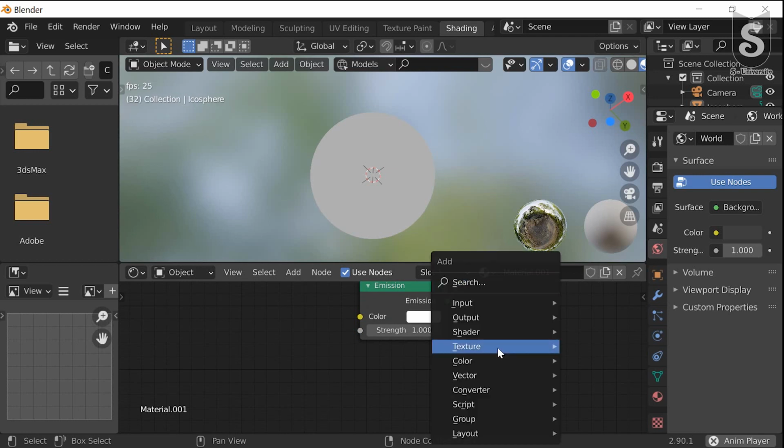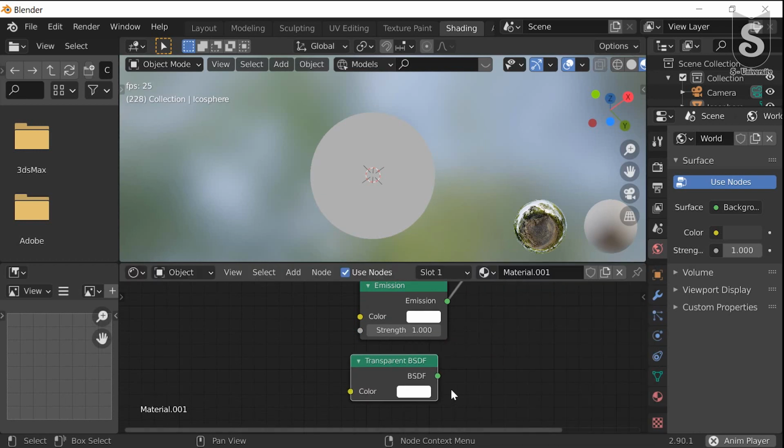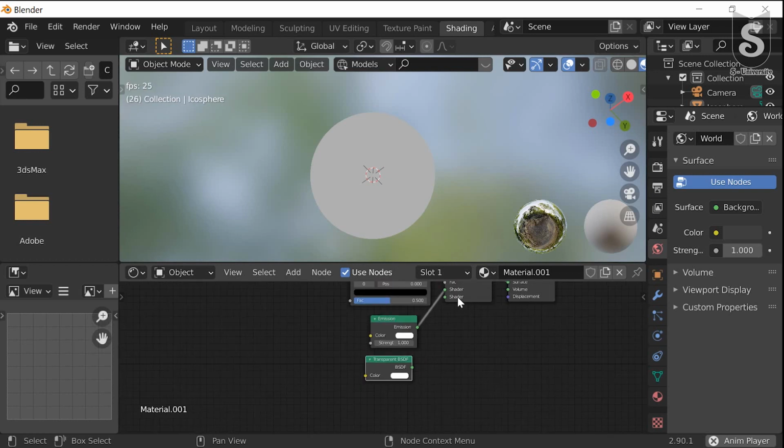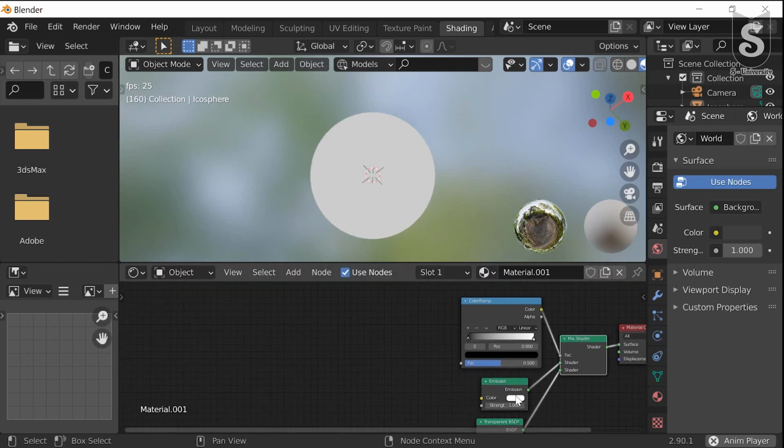Shift A for transparent. Connect it with the second shader. Now change the color of the emission.